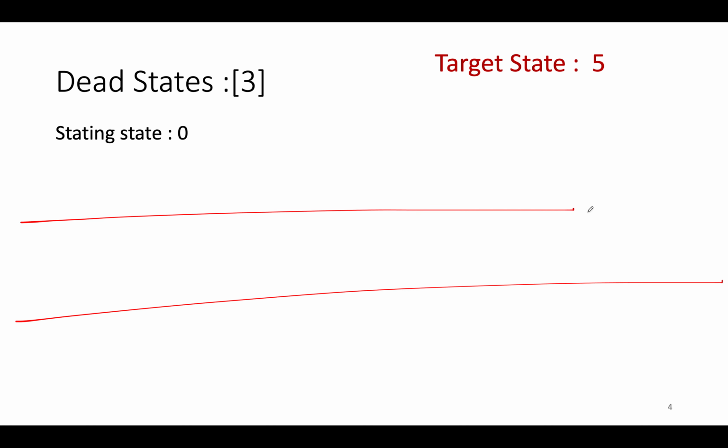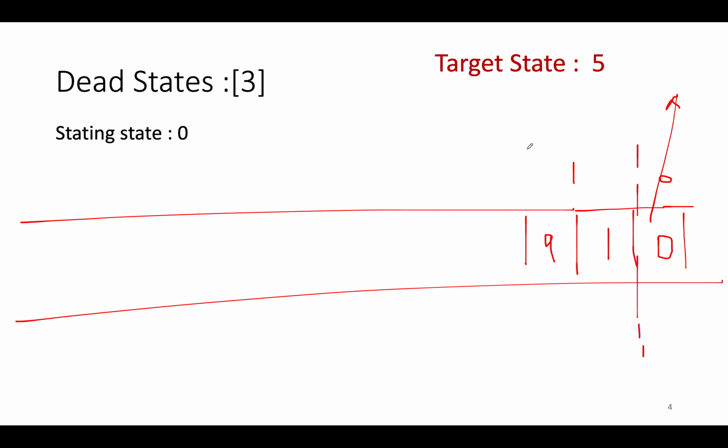And let's start the iteration using the BFS approach. We'll create a queue as usual and add the initial state into the queue. The initial state is 0, and this marks the start of the first level, the 0th level. We'll pull out elements from the queue and try to go in both directions, anti-clockwise and clockwise. What would be the next two states? For clockwise it would be 1, for anti-clockwise it would be 9, and the level becomes 1 here. So this is the first level, and it has two elements in it, 9 and 1.